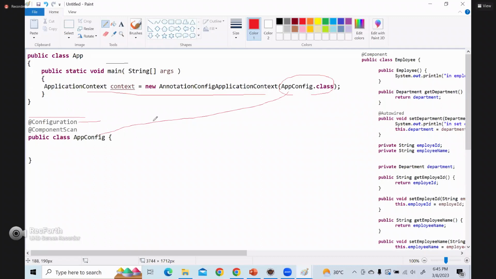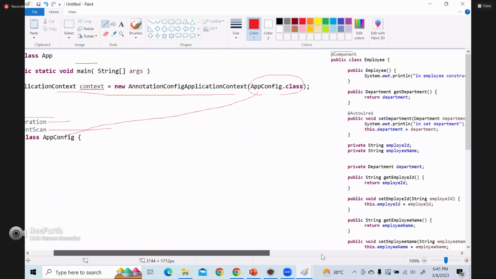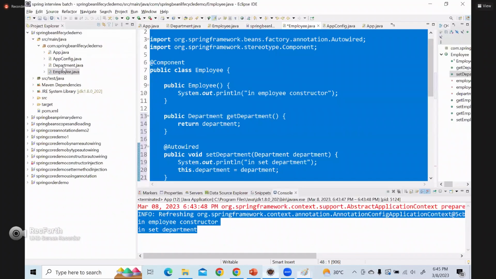So this configuration annotation will be like your XML. Next, it will check for component scan. What will component scan do? It will scan for the components. This one, similarly, your department is also having